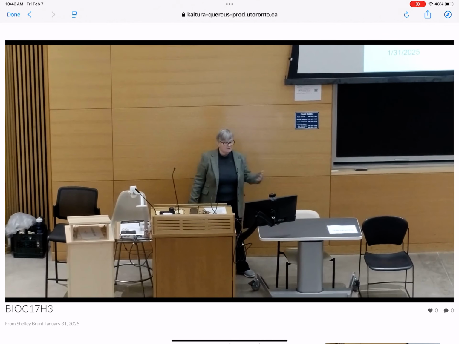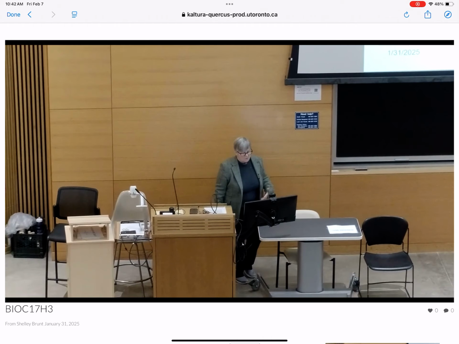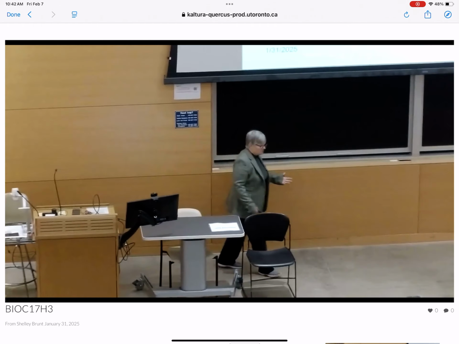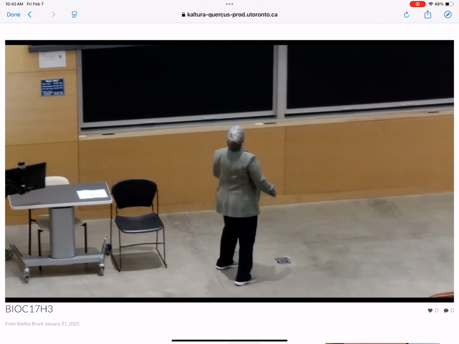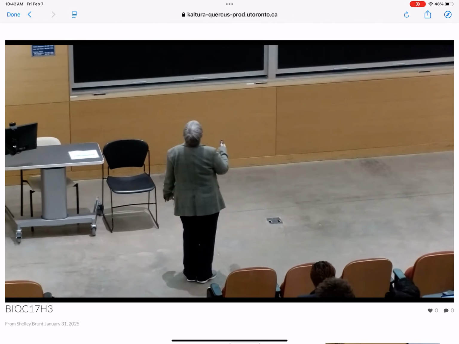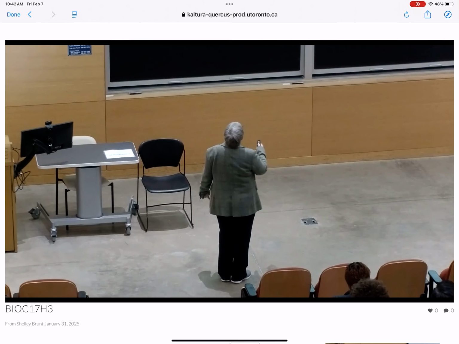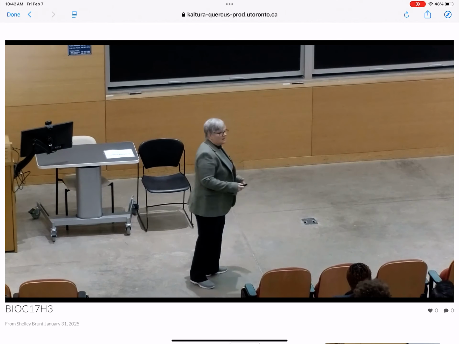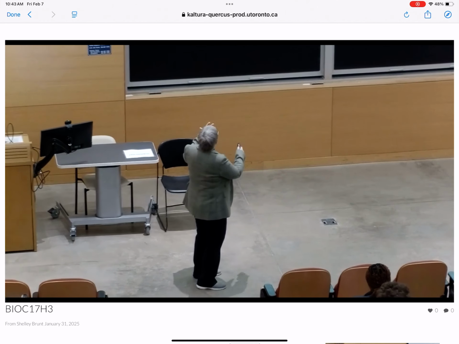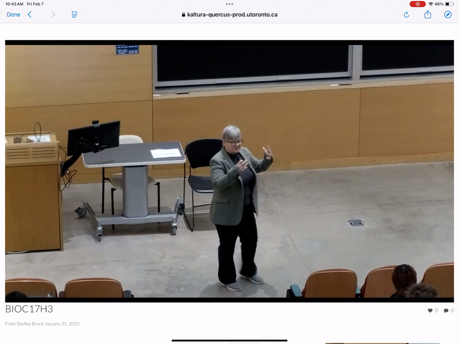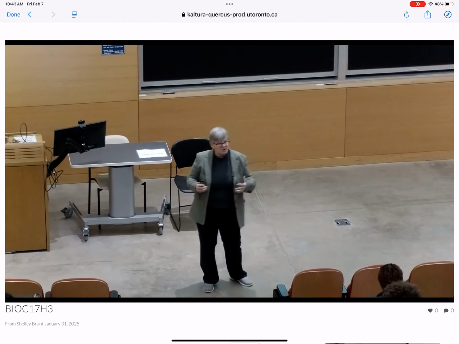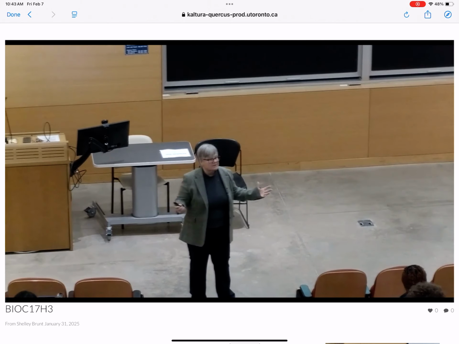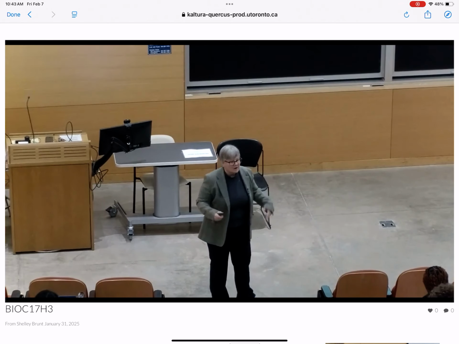For example, the entry of HIV and influenza. So what you have is two different entries being shown on this slide to demonstrate this. So here we have HIV. Here's your receptors on the virus. So the first thing it does is interact with CD4, and then there's a second player in this interaction. And you can see that in the case of HIV, it's a fusion, and then the capsid with the genetic